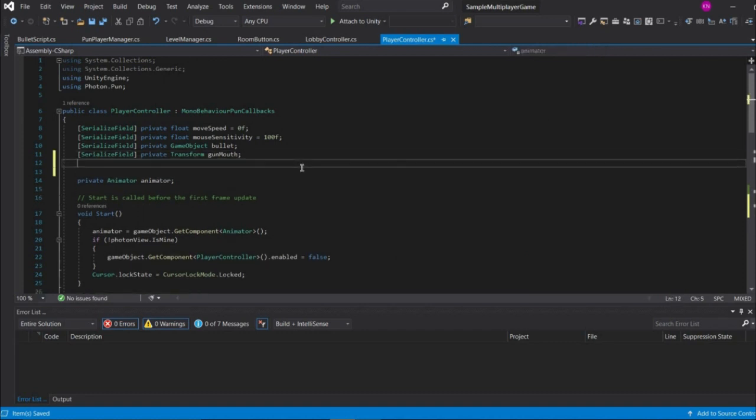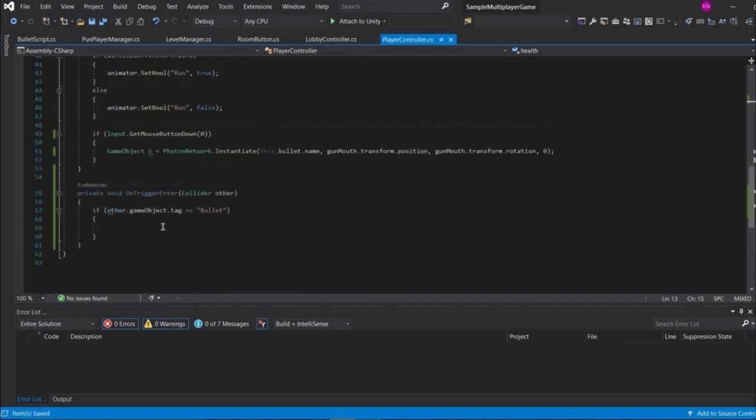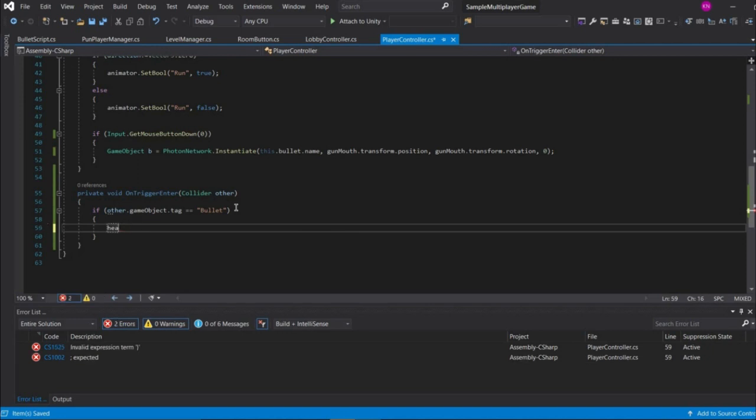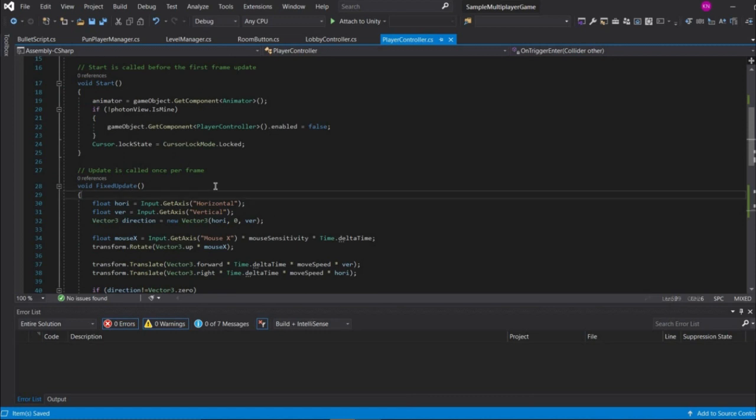So create a variable of type integer, health, which is going to be 100, and instead of making it private, let's make it internal. And what we are going to do is decrease the health of the player. Health minus equals 1. Okay, not 1 but 10. So we are going to decrease the player's health, and then in the FixedUpdate